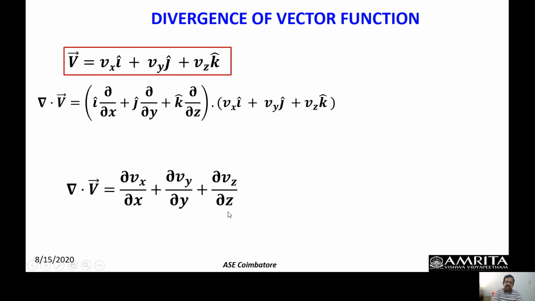So this is about the mathematical meaning of this divergence, of how mathematically we can get the divergence. But the physical meaning is actually it tells about the extent of spread of a vector function. Let us say some fluid is flowing in a certain manner. The extent of the spread of the fluid flow is represented by a vector function. The extent of this spread of this vector function is defined by what is known as del dot V.